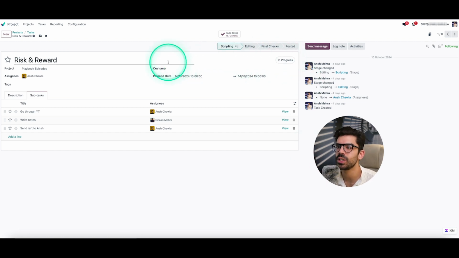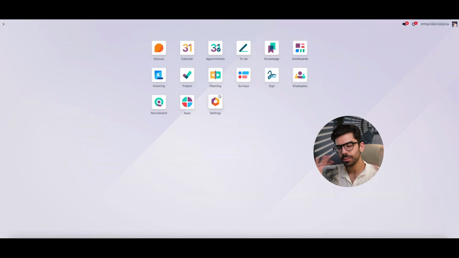And then when I am checking in, I don't have to call. I just have to go and check the task section. So just to summarize, as a creator, something like Odoo and all of these apps combined together can really improve the efficiency with which you lead your team. So if this is clear, let's go back to some other interesting mistakes that I made when I started out.